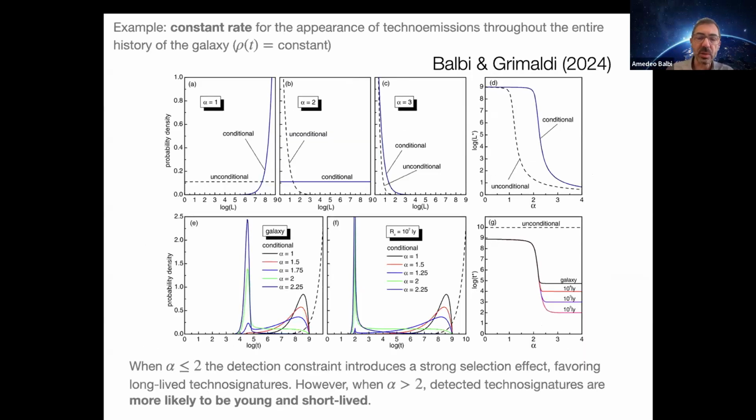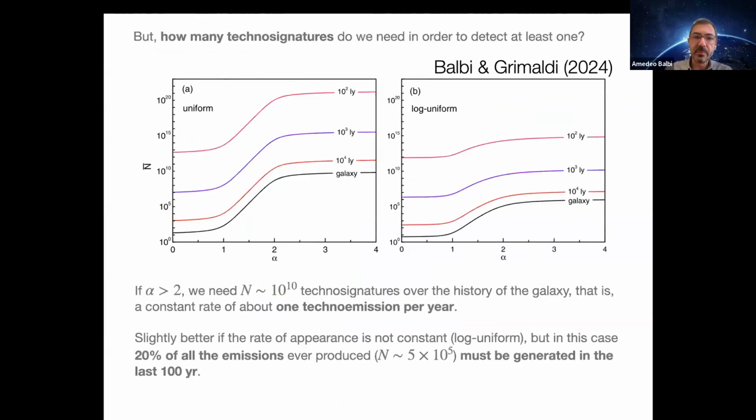And you can play around with this thing. Again, as I said, it's a bit technical, but essentially what we found was that by modeling, by playing around with these parameters, we showed that if you have one specific spectral behavior, so if you have a power law which is reproducing this Lindy's law behavior, then you still need a very large number of technosignatures over the history